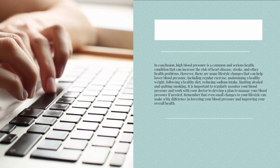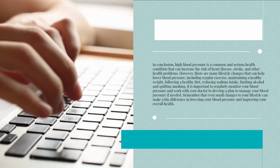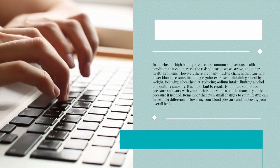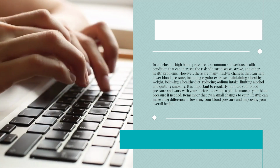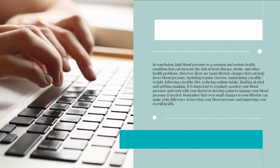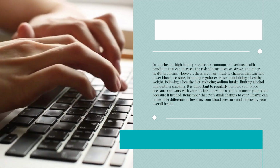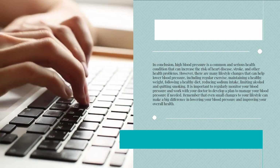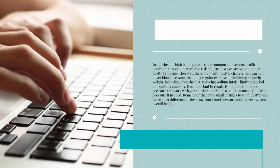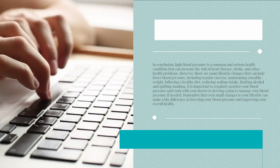risk of heart disease, stroke, and other health problems. However, there are many lifestyle changes that can help lower blood pressure, including regular exercise, maintaining a healthy weight, following a healthy diet, reducing sodium intake, limiting alcohol, and quitting smoking. It is important to regularly monitor your blood pressure and work with your doctor to develop a plan to manage your blood pressure if needed. Remember that even small changes to your lifestyle can make a big difference in lowering your blood pressure and improving